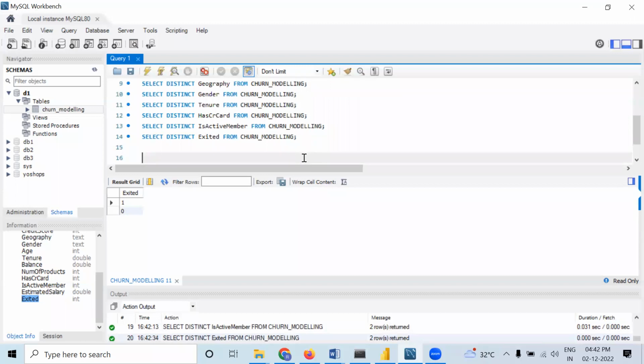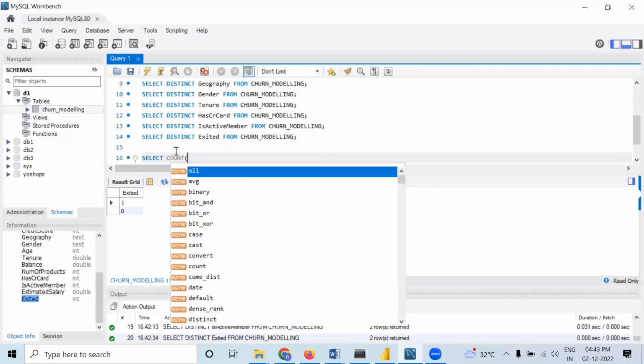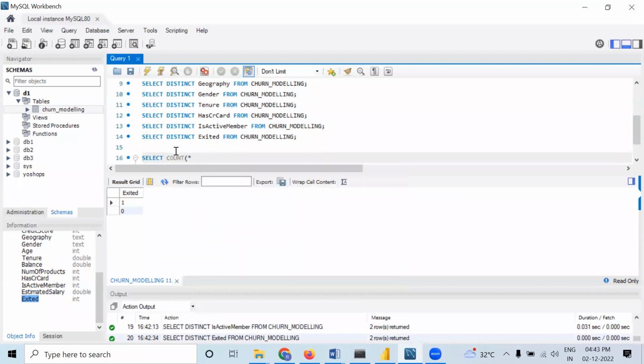So let us now, if we want to understand how many rows are there in this particular data set, in this particular table, in that case, we should use the count function. So we should write select count, then within count we will write star. Star or any column also you can take. Everything will give you the same result because the number of rows in a column or number of rows in a table is the same. Okay. So count star from